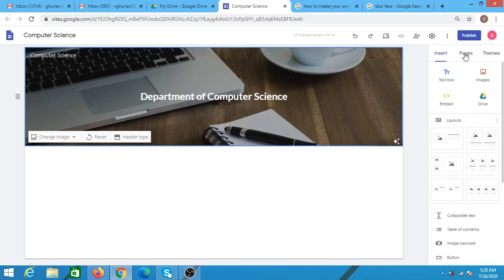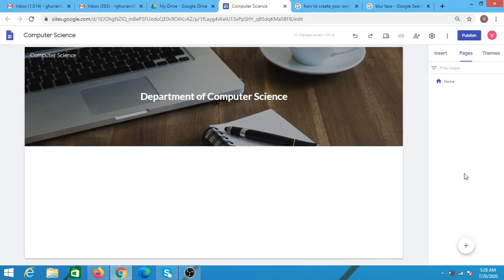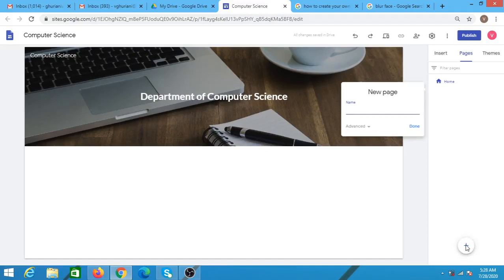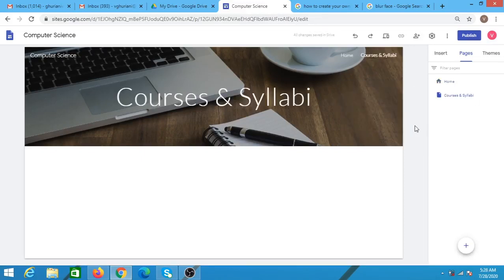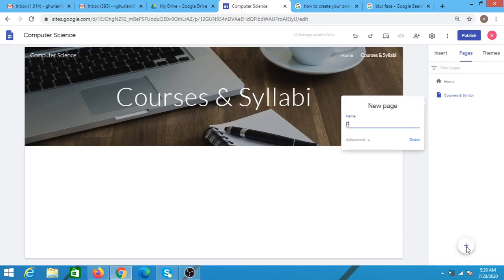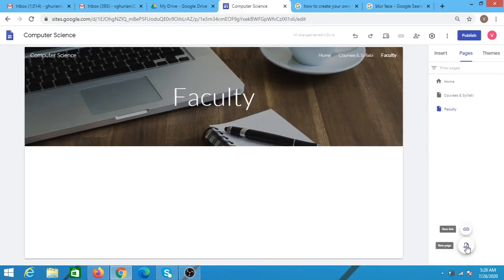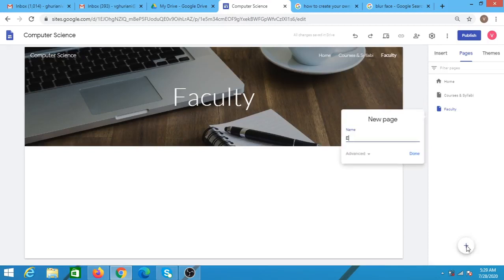So in order to add the pages, I need to click on the Pages tab and add the pages by clicking on this plus button. So I'm adding the pages, courses and syllabi, faculty, one page for the faculty, e-resources,